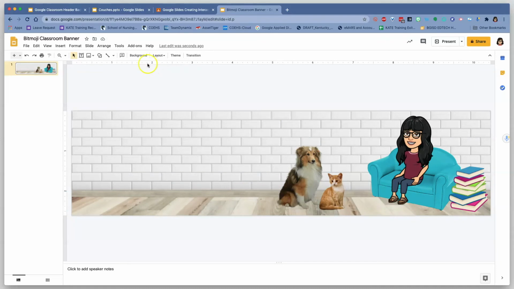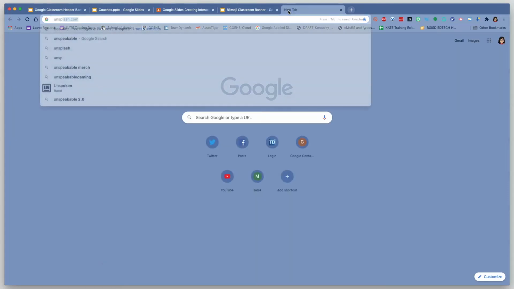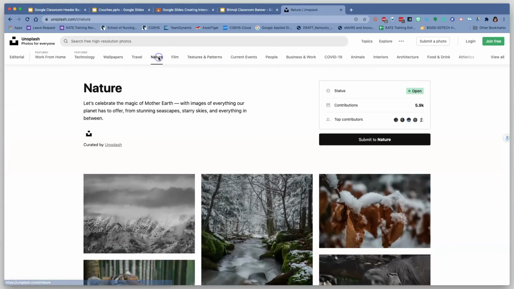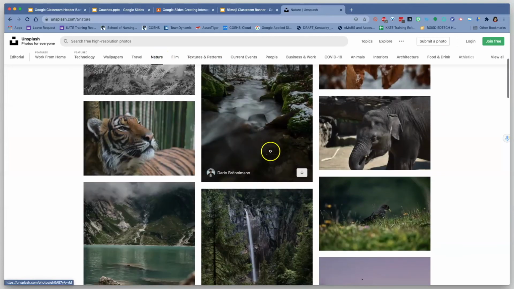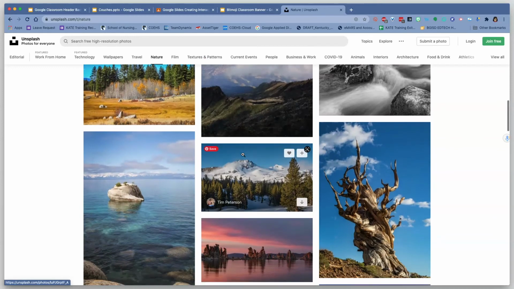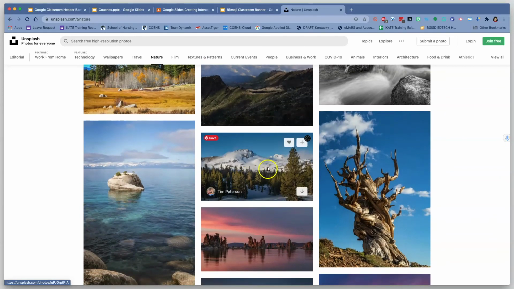You can find a picture. There are some picture sites, something like Unsplash. It's a free place to go and find photos. You can also go to Pixabay, I think. And we can just say we want a nature picture. Want something that's going to be on our wall. I happen to love the mountains, so we're going to take this, I'm going to download it,